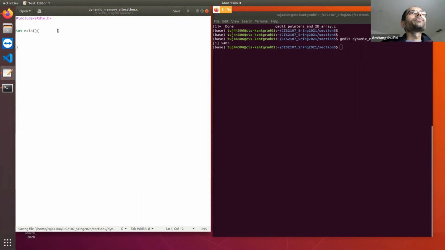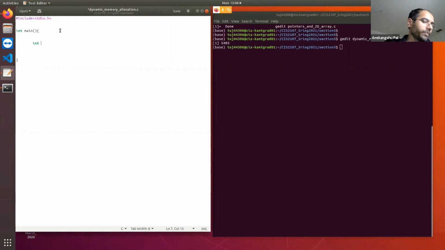Let's first start with arrays, variable length array, and then I'm going to replace the variable length array with malloc or calloc function. So let's start with variable length array.